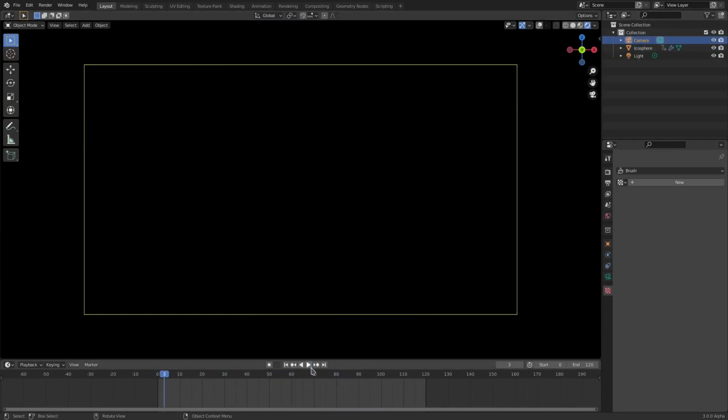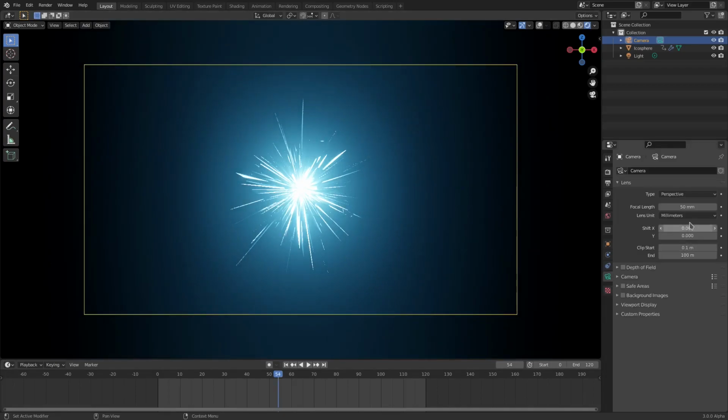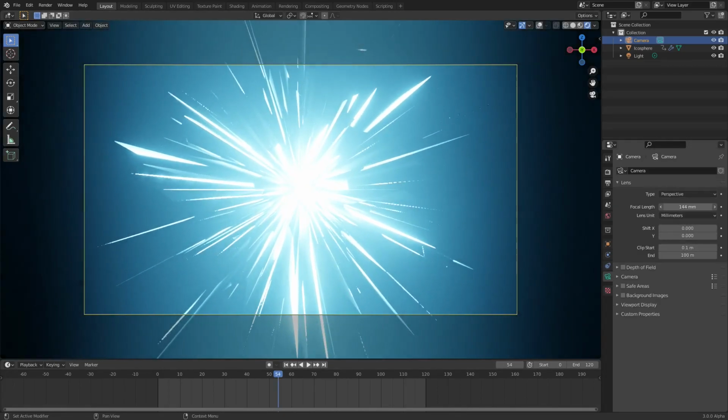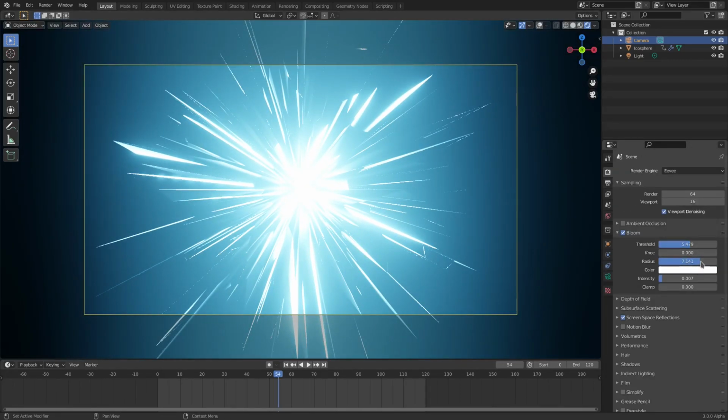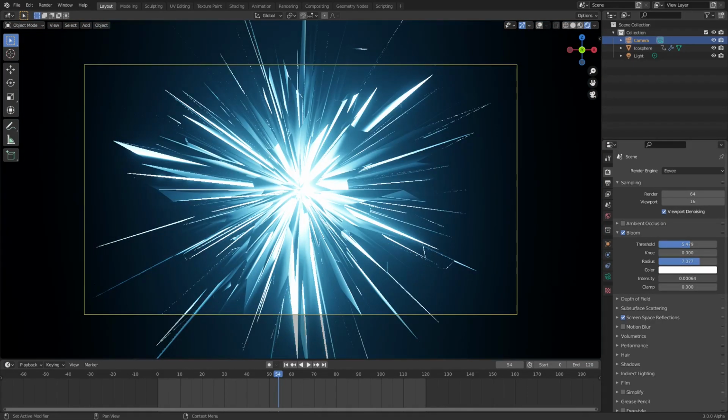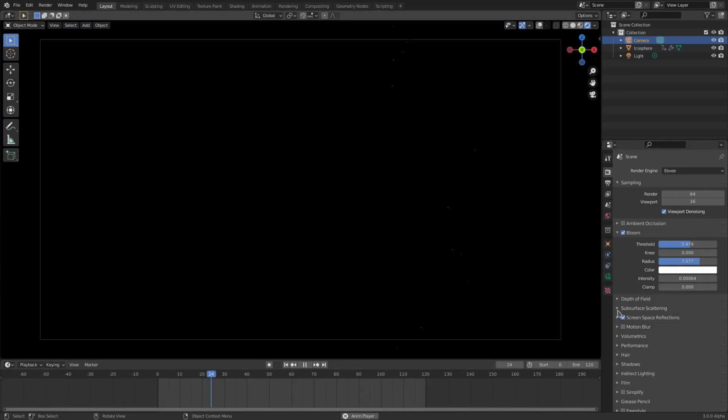Now I'm going to grab our camera and zoom our camera in a little bit, so it's a little far away now. I'll do something like that actually, and the bloom is still a little strong, so we'll turn the intensity down, maybe to like there, maybe a little bit more bloom. 0.4. Oh, that looks really cool.